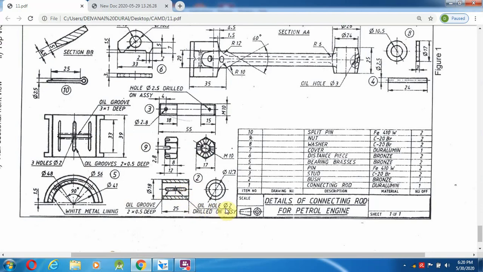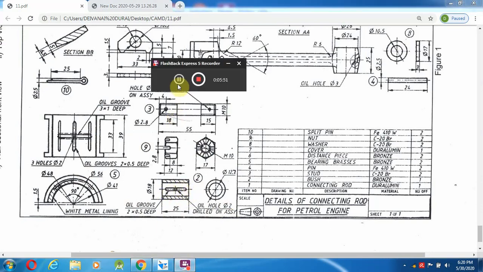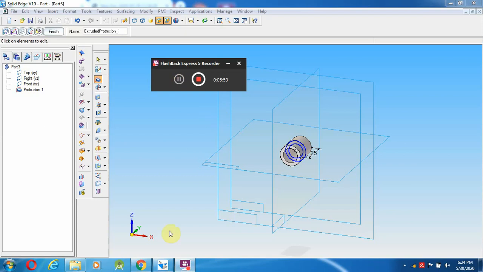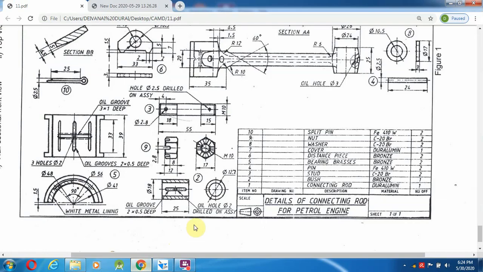Oil hole of 2 mm drilled in assembly. Those things we have to create. Now we have to create this oil groove as well as this hole, the oil hole of 2 mm.